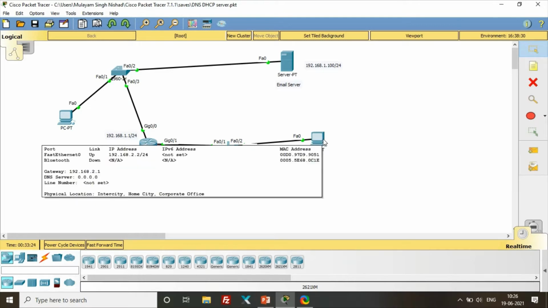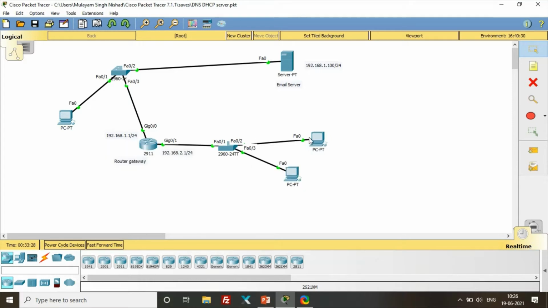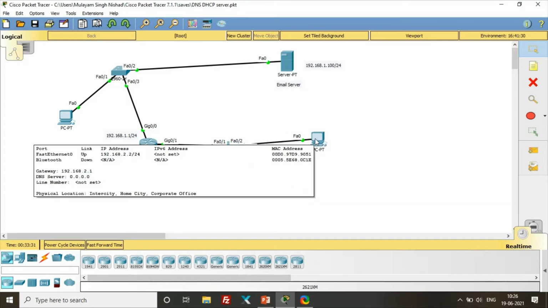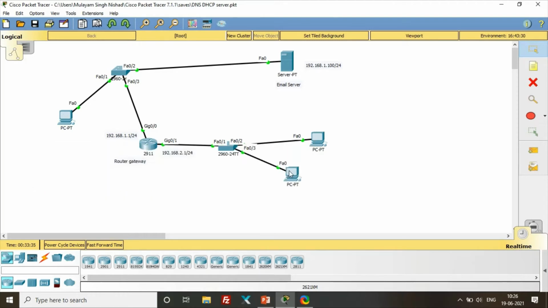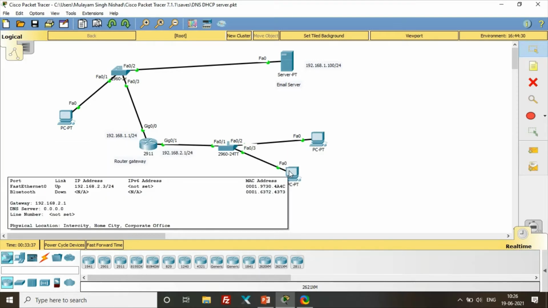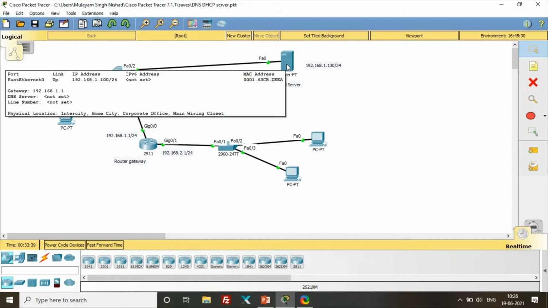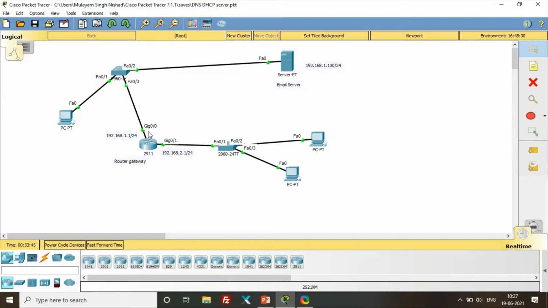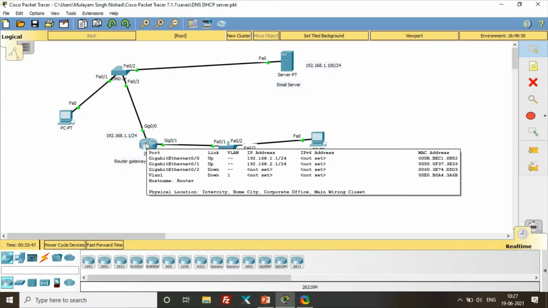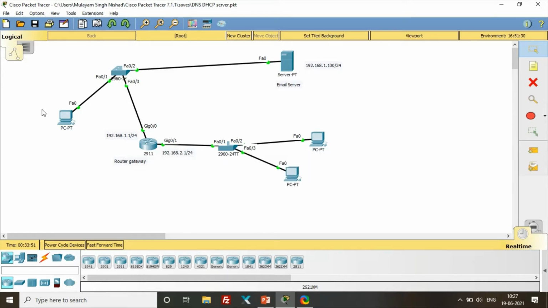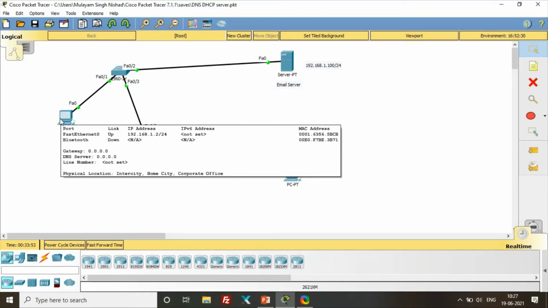You can check by clicking on the PCs the IP addresses I have given. For this PC it is 192.168.2.2, and on this one 2.3, and on the email server it is 192.168.1.100. On the router two IPs are required: one is 1.1 and the second is 2.1, and this PC is 1.2.